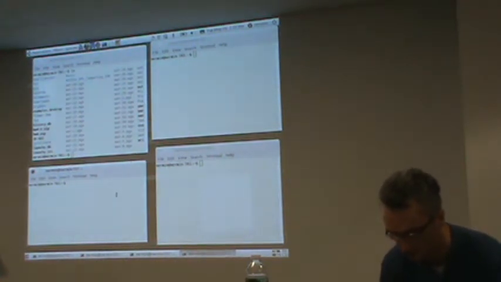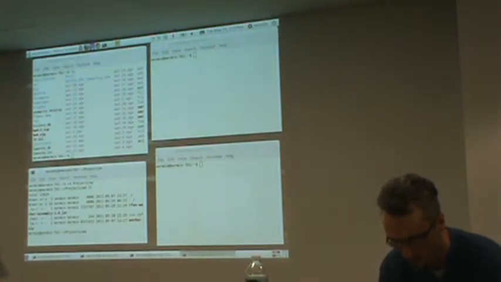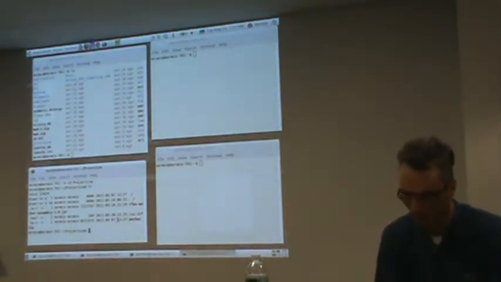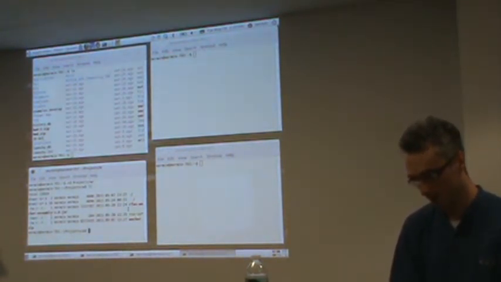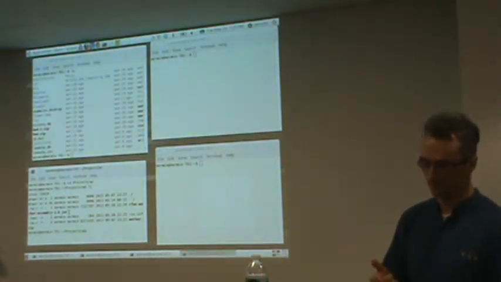So I'm first going to start the workers. As I said, the order doesn't really matter. So what we have here is I just have the shell script that starts the worker, and I have the jar. And I thought I could use this opportunity to mention, while I was doing this, I came across a